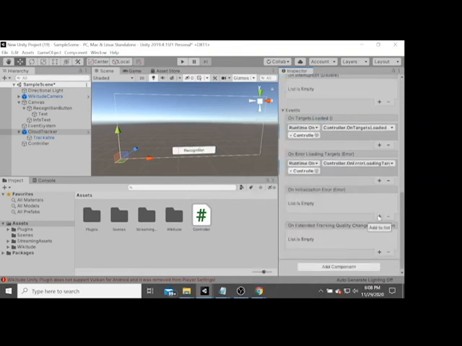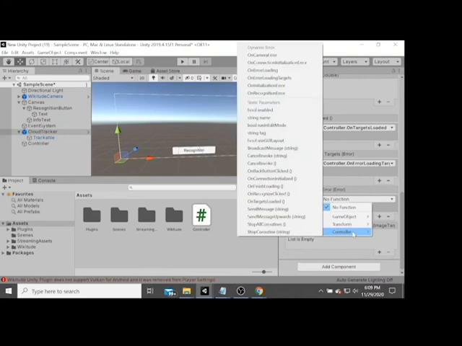Okay, this is the last one, on initialization error. You can add the controller to here, choose the controller and on initialization error.